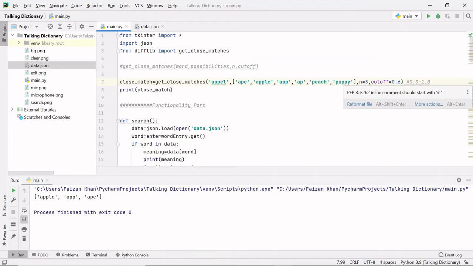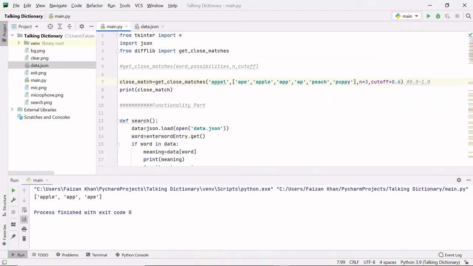A value closer to 0 will simply return all the members of this list, whether they are close matches or not. And if the value is closer to 1, it will return the best, the perfect match for this apple word.